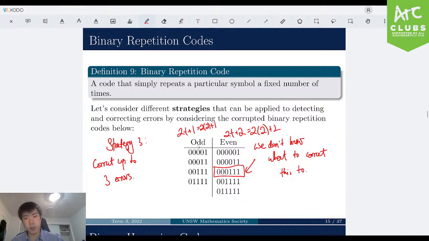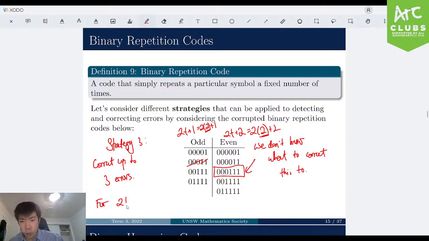Okay, right? There's a fixed length of 5 here, and there's a fixed length of 6 here. And this t represents the strategy with the highest number of errors we're willing to correct up to. So for example, with this 5 binary repetition code, we can at most correct up to 2 errors, right? You can't say we correct up to 3 errors, because that would be the same as saying we're happy to correct up to 2, right? So in a sense, what we have here is that